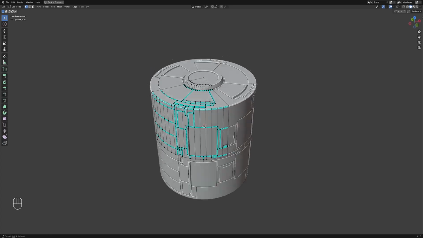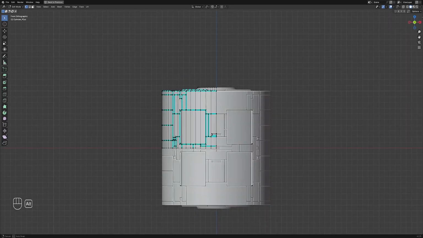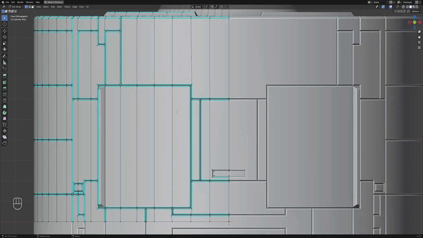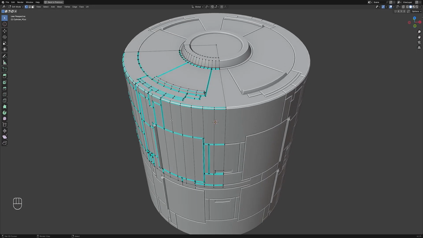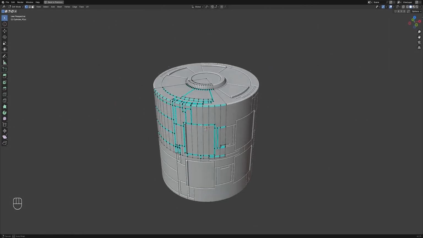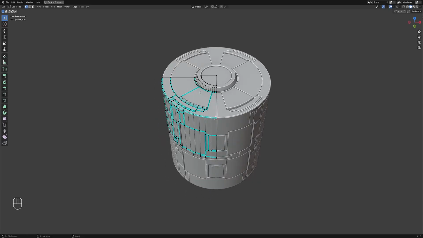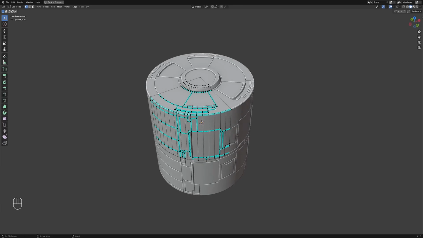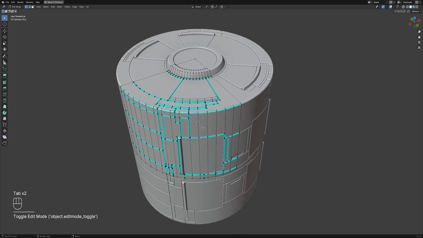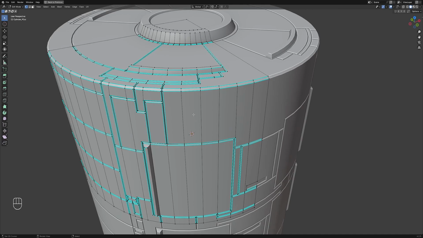But for something more advanced like destroying this or making this thing explode, I think you need quads for that, but I'm not sure. So if this is just going to be a static object in the background, then you can just limited dissolve this. The advantage of using quads in the beginning is that it is much easier for you to create the